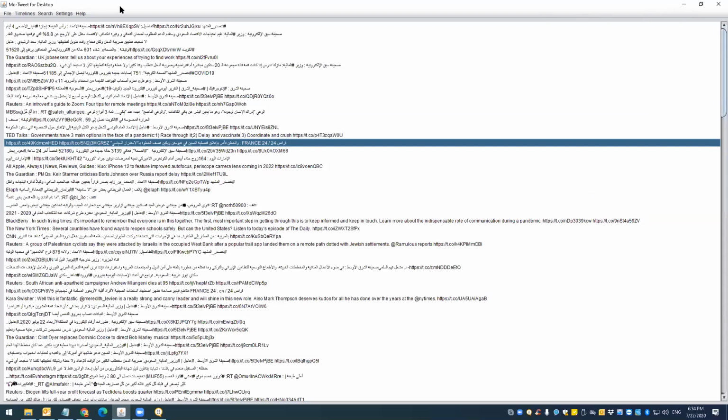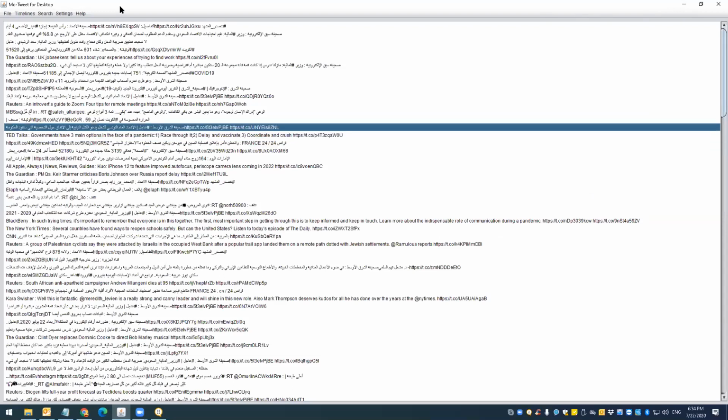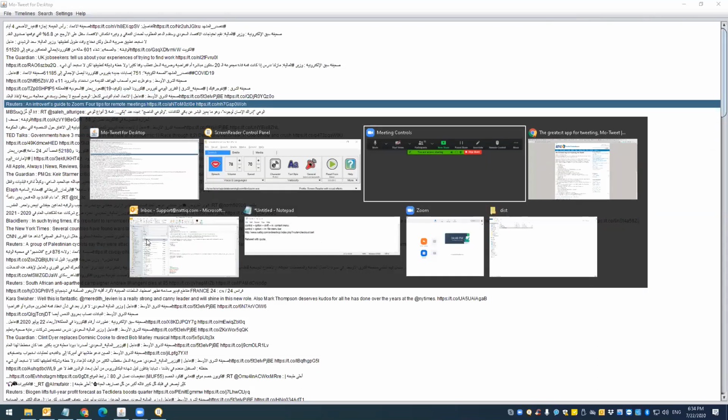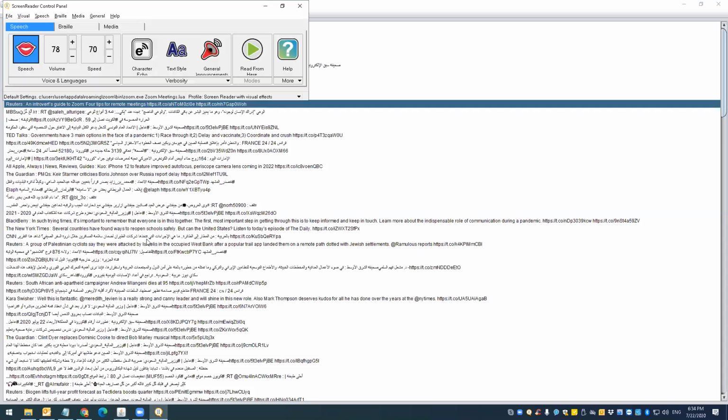Yeah, we are hearing it, and we can hear the mode tweet for Windows, but then it seems to lose focus. Yes, it keeps losing focus because the focus is stuck on the zoom controls. What are you using? Using Dolphin screen reader. Okay, I can't help that. Let me try the NVDA.